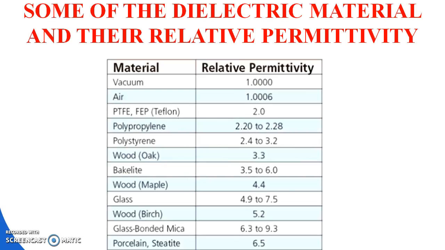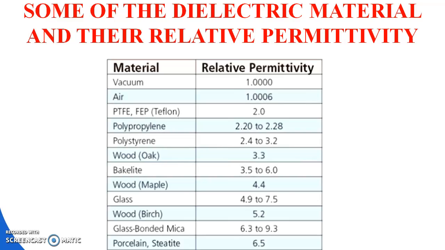Okay, so now we already discussed the relative permittivity. Different materials have different relative permittivity, that is, dielectric constant. So we can consider a few materials. Vacuum is 1.00, and in case of air the relative permittivity, epsilon r, is equal to 1. Teflon, such as PTFE and FEP Teflon, have 2.0, polypropylene 2.20 to 2.28,